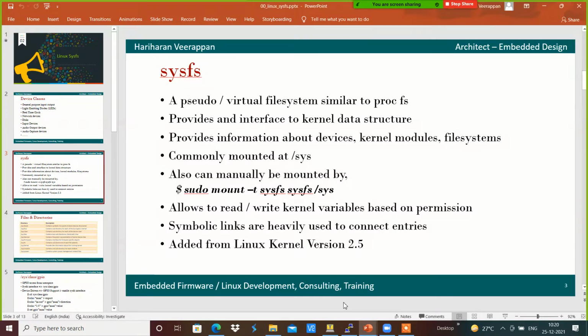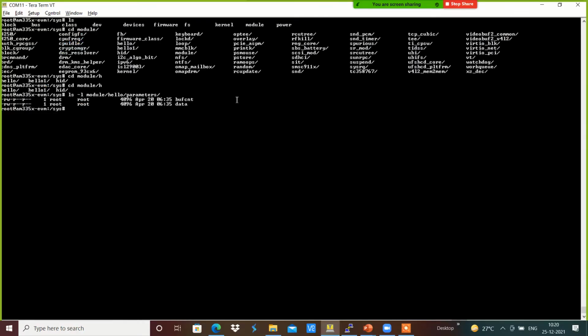And basically sysfs will have the complete symbolic links that are used to connect the entries. For example, there will be multiple devices present within the bus that we can link accordingly.